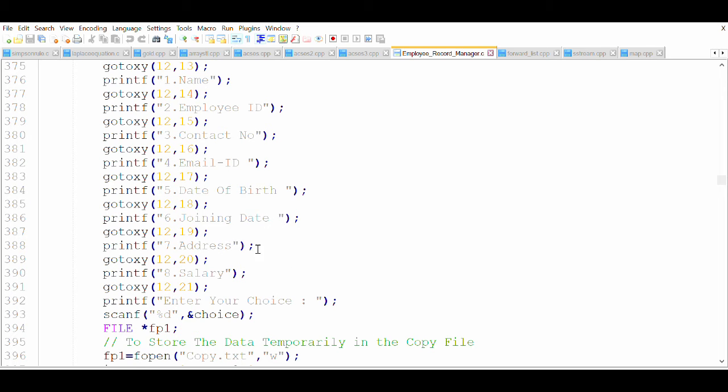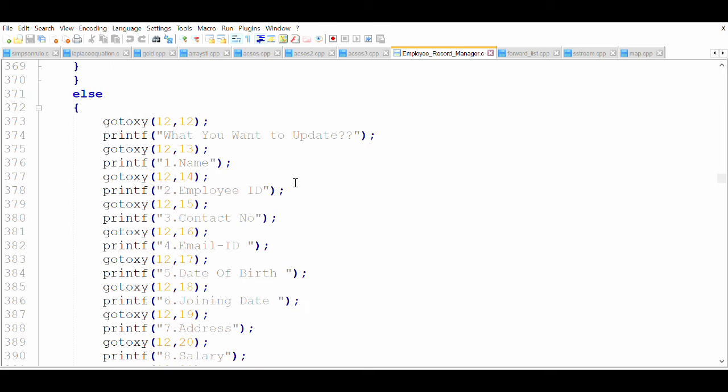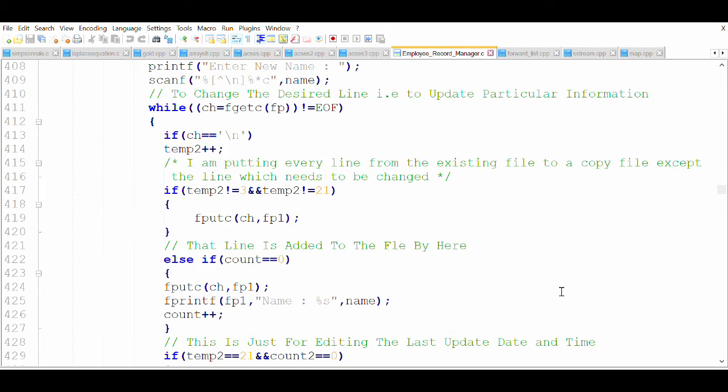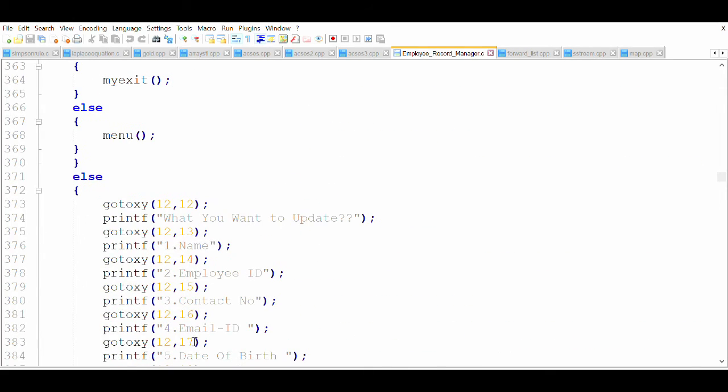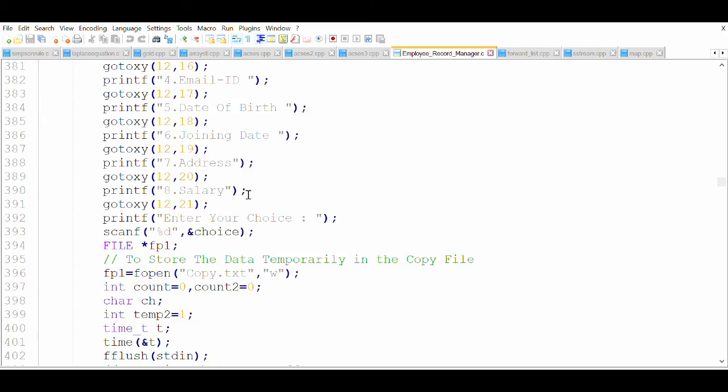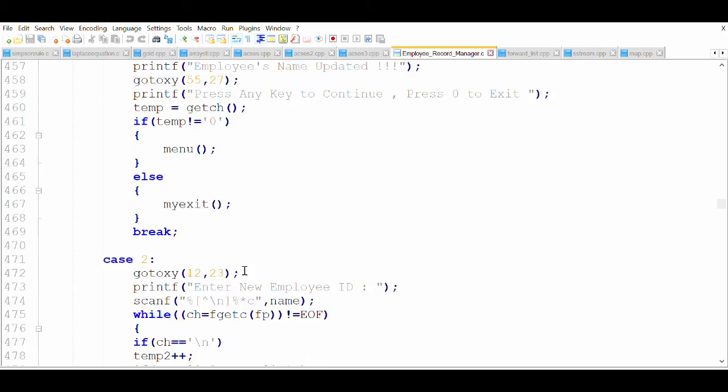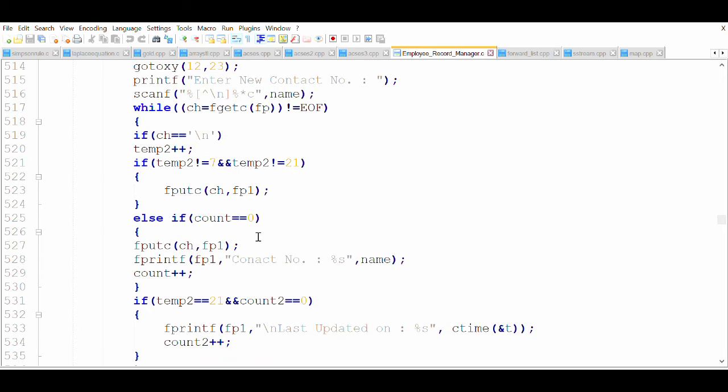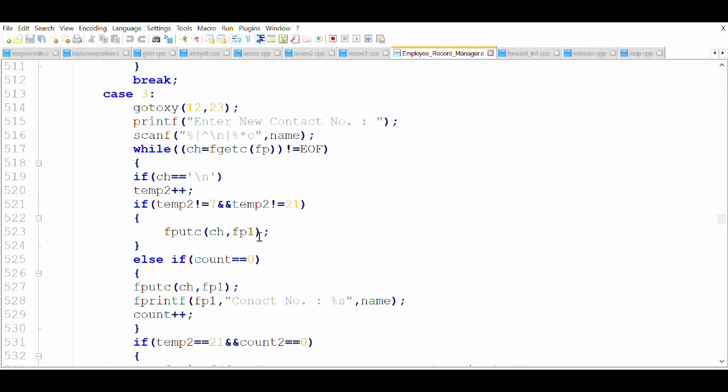Just suppose you are entering the email ID. Like the previous time, as I have said, I am recording this a second time. So the first time I took the email ID, so I think I will take the contact number this time. So as you can see, the number for contact number is 3. So basically case 3 will be the contact number. The rest of the code for case 1, case 2, case 3, every case is the same, just altered quite a bit. So let's see case 3.